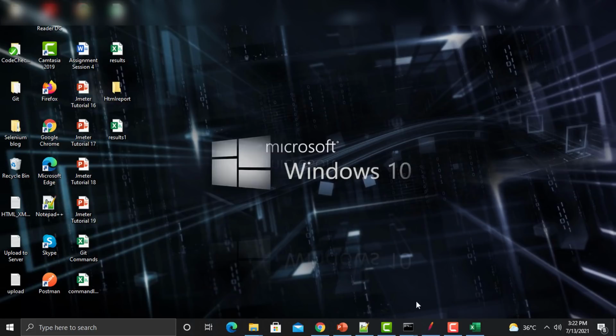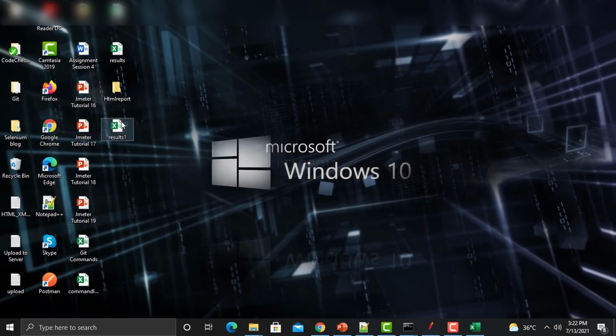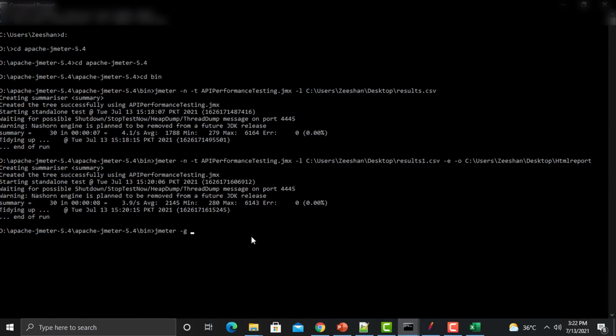Now let's go to the command prompt here, and this time what you need to do is provide the keyword jmeter. Now -g, then you need to provide the path of your CSV file. This is the path of your CSV file. Let me copy the path from here. So this is our file. Just go to the command prompt here and add slash results1.csv,